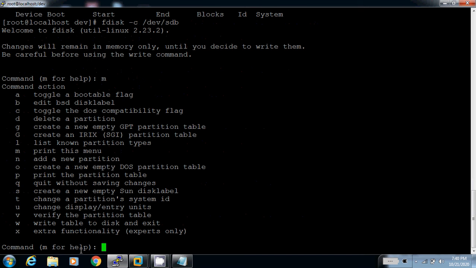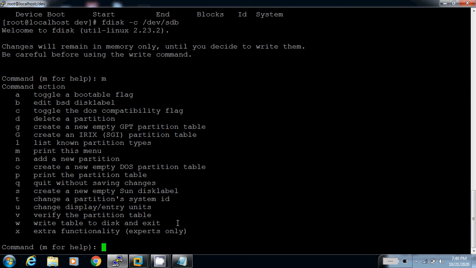I press M. There are various options. A for toggle, B for edit BSD disk label, C for toggle, D for delete a partition, and so on. The most commonly used options are D, M to print this menu, N to add a new partition, Q to quit without saving, and W to write the table to disk and exit.